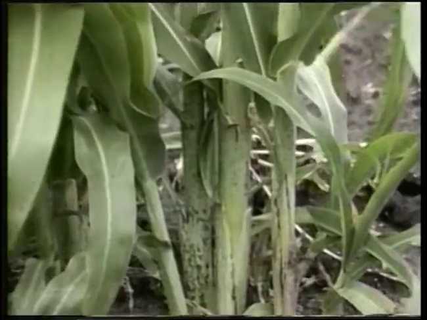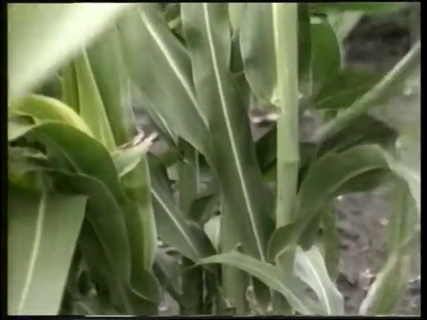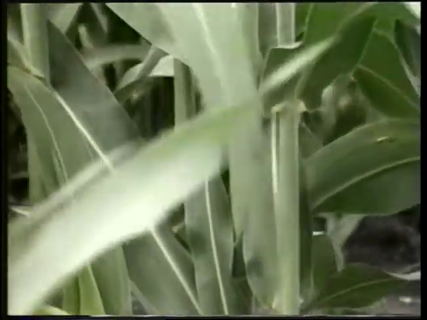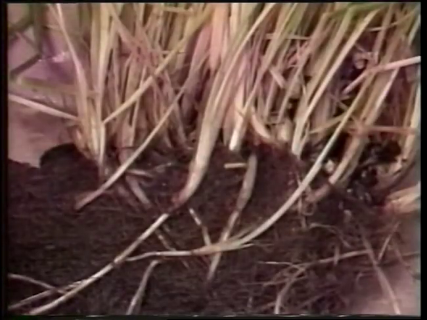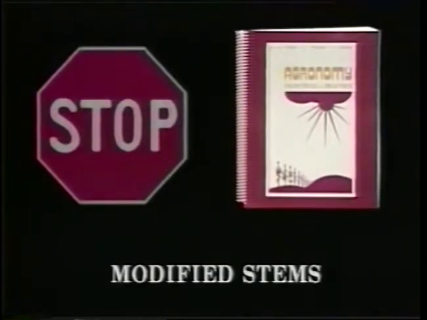The next section for study is the modified stems. We usually think of stems as being somewhat upright or vertical, performing the functions discussed in the previous unit. Some crop species have modified stems that perform the functions of vegetative propagation and spreading the area of a single plant. You should now stop the VCR, study the section on modified stems in your text, and then return to the VCR for further tutoring.